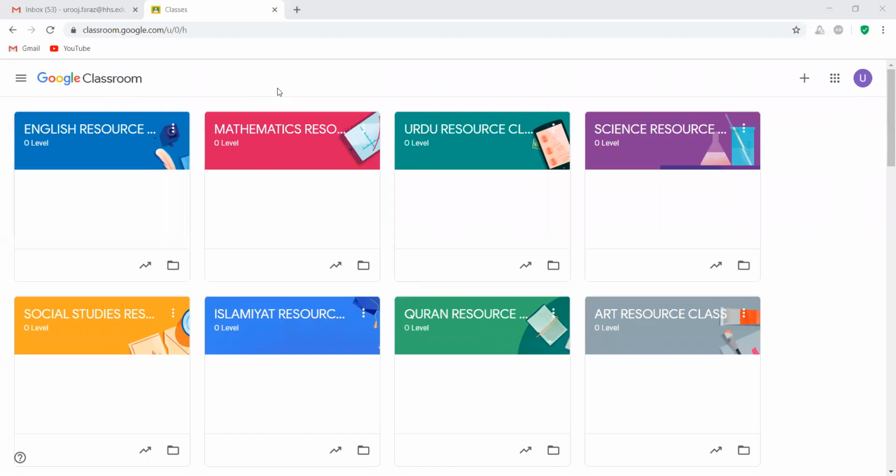Now it's not necessary for every teacher to use Google Docs for taking any written work or for any kind of feedback from students. It's not necessary for you to upload or create a Google Docs. What you can do, I'll just give you a very short